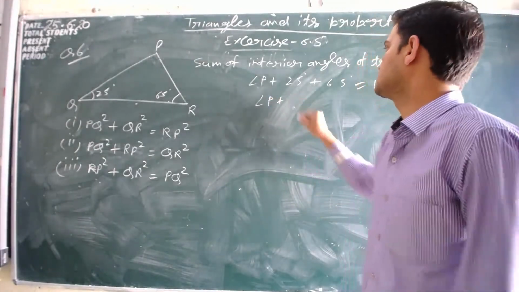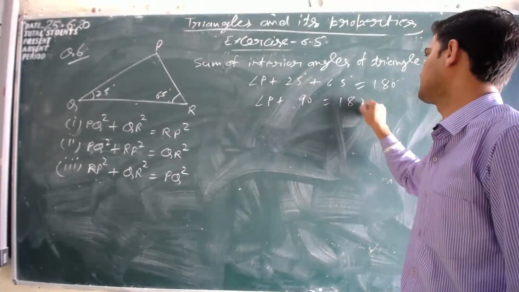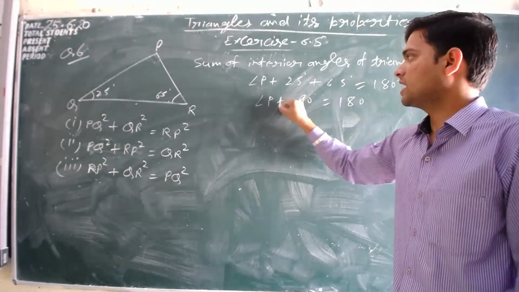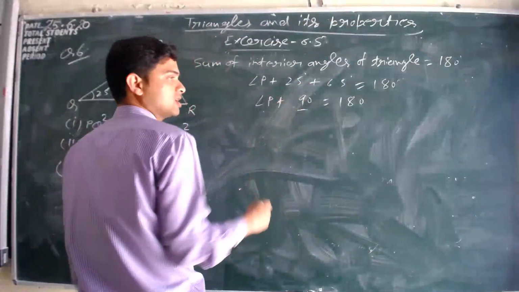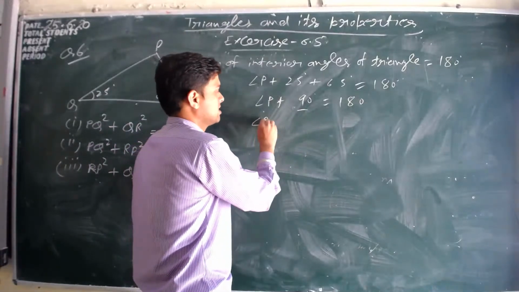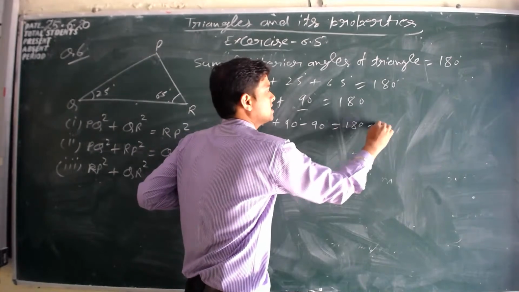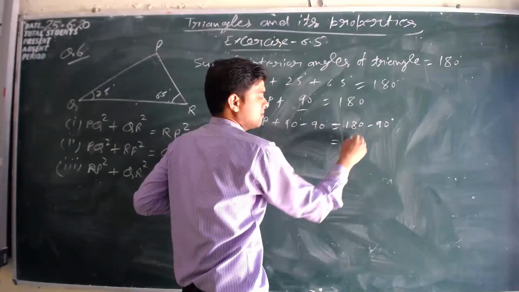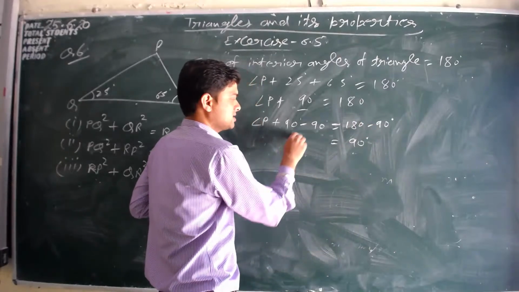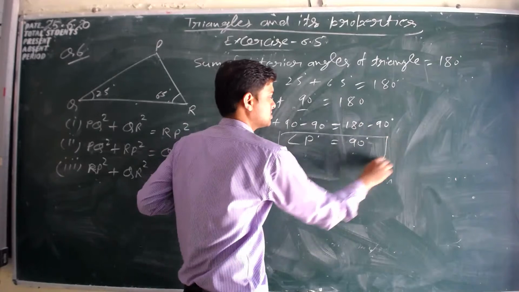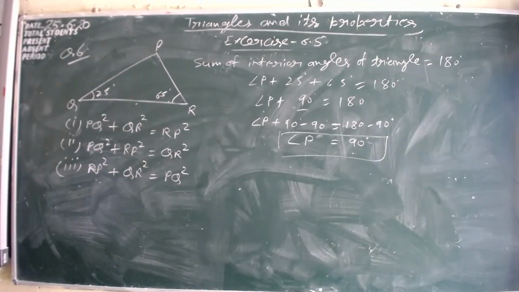एंगल P प्लस sum of these two is equal to 90 and 180. Now we have to eliminate this, क्योंकि P तो कैलकुलेट करना है, तो इसके लिए हम सेम जो अमाउंट है वो दोनों तरफ सब्सट्रैक्ट कर देंगे। P plus 90 minus 90 is equals to 180 minus 90. 180 minus 90 is equals to 90. Clear? And 90 minus 90 is equals to 0. Angle P is equals to 90. It means ये P जो है वो 90 डिग्री है।